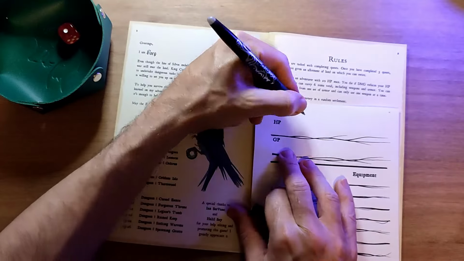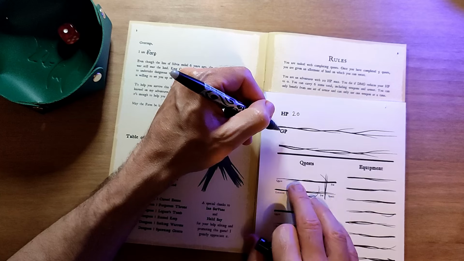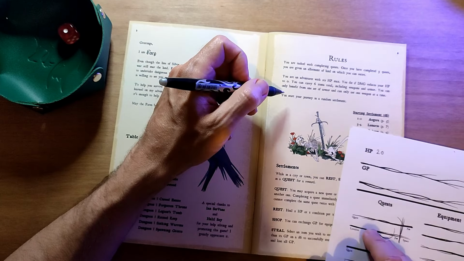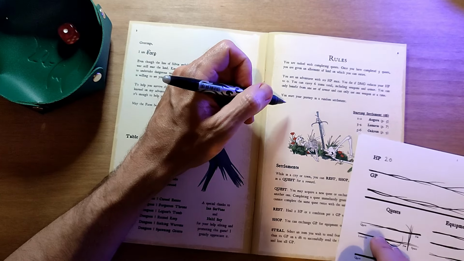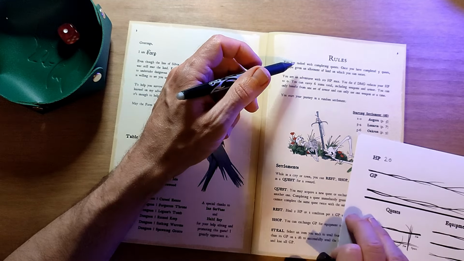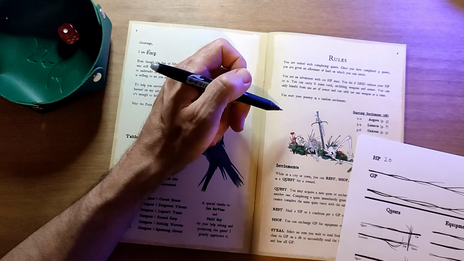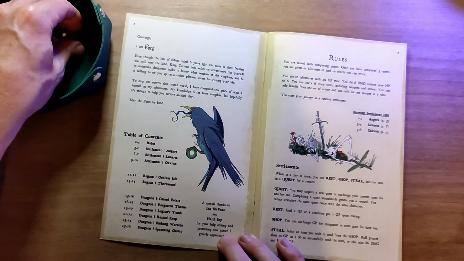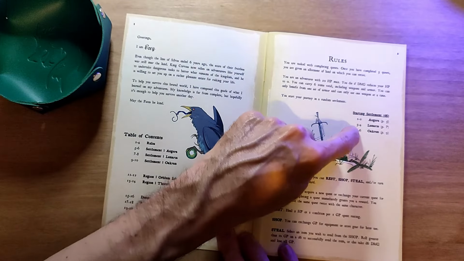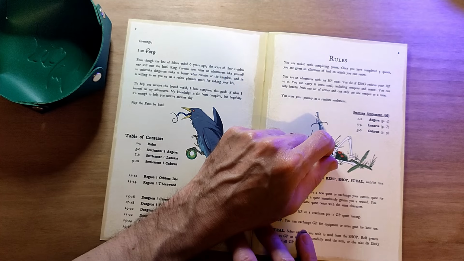We need 20 HP to start. We're starting with no gold pieces. I think that's it. I think that's all we have to do as character creation, is write down how many HP we've got, and then you are into it. Super simple. With character creation done, we're going to roll to see which starting settlement in Silvos we will be